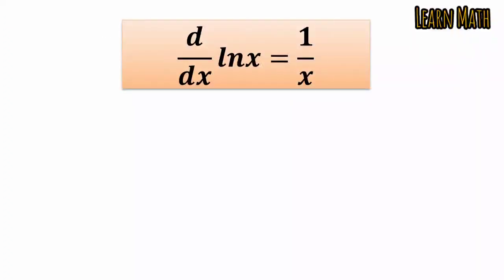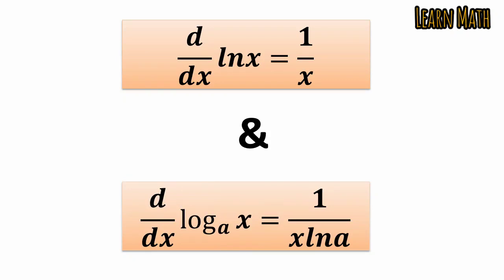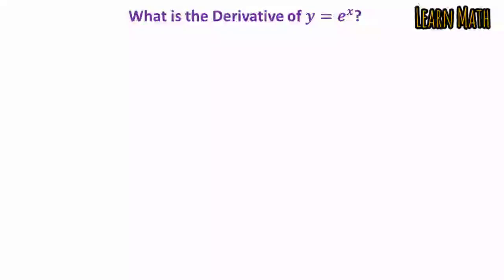In today's lecture we will discuss how to find the derivative of an exponential function. As we know, the derivative of natural log of x is equal to 1 over x, and the derivative of log of x with base a is equal to 1 over x natural log a. So what is the derivative of y is equal to e power x? To prove this result, let y is equal to e power x,